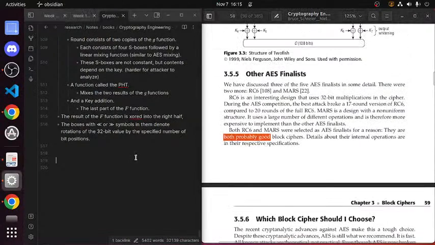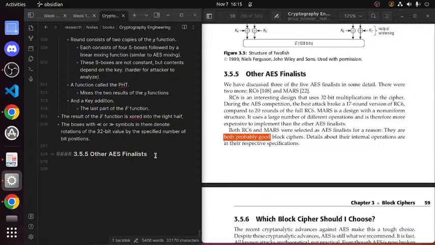So yeah, I'm just going to write 3.5.5, other AES finalists. That looks ugly. Okay.